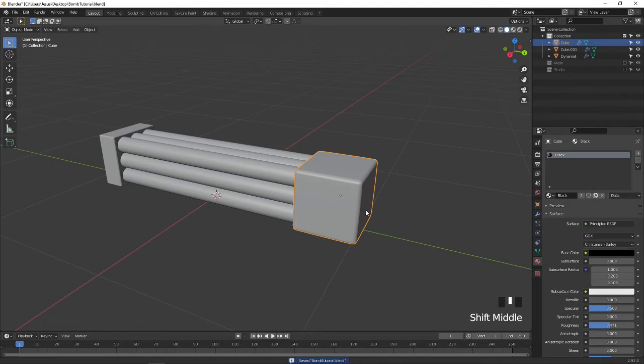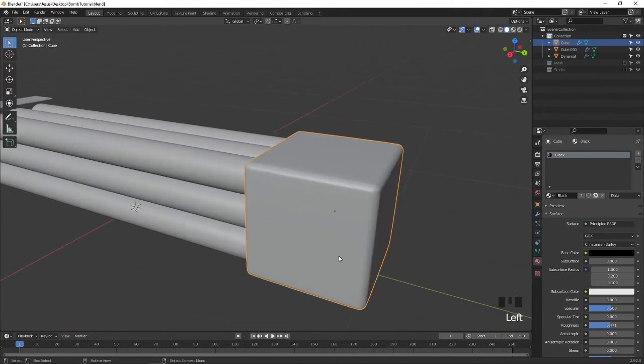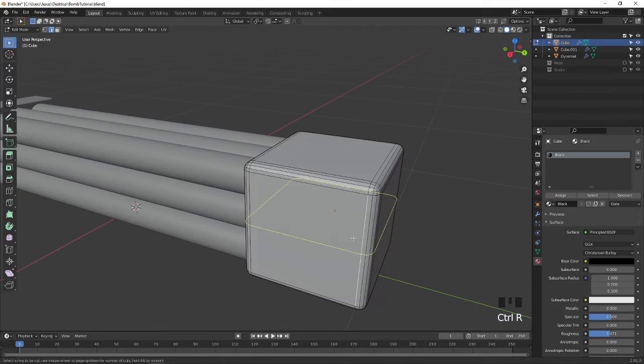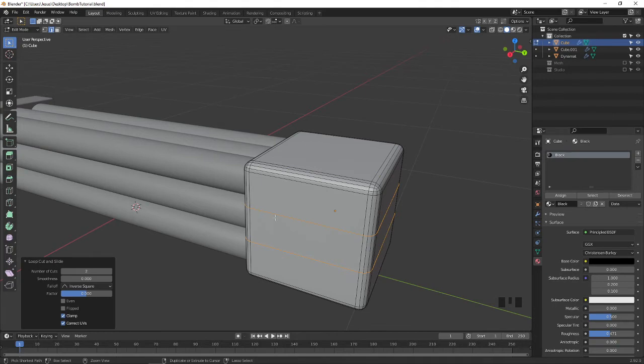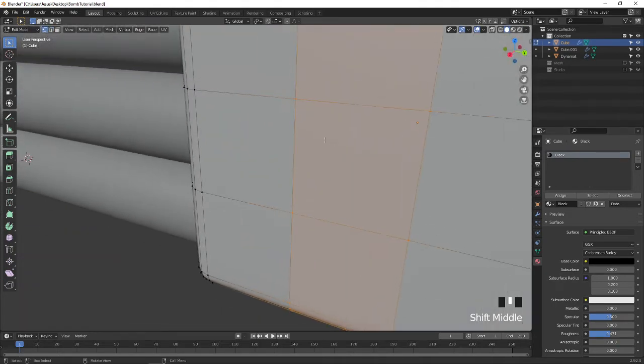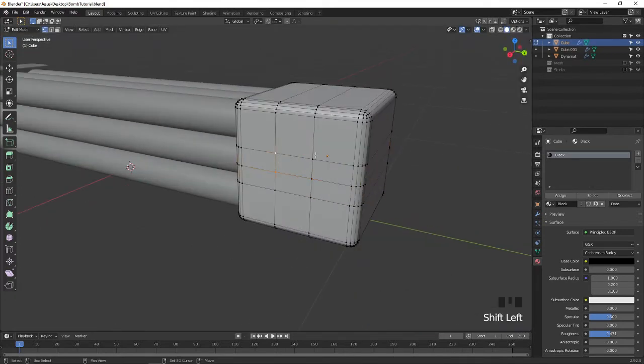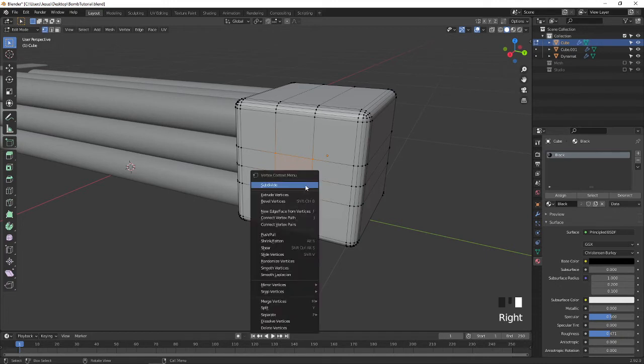let's start doing the button here. To make it start in a single click, the default 10 minutes is going to boom. Go to the edit mode and press Ctrl R and create two loops here. Press Ctrl R, create two loops here, and press 1 on the keyboard and create one edge loop in between these. Select these vertices, right click.